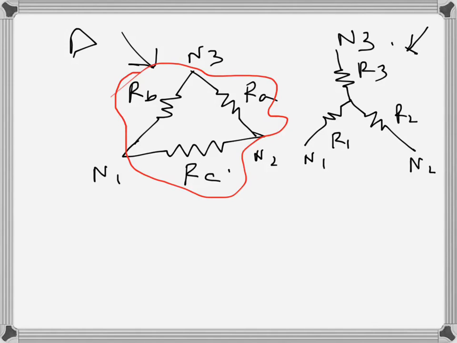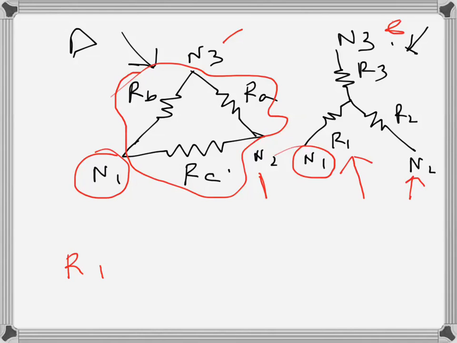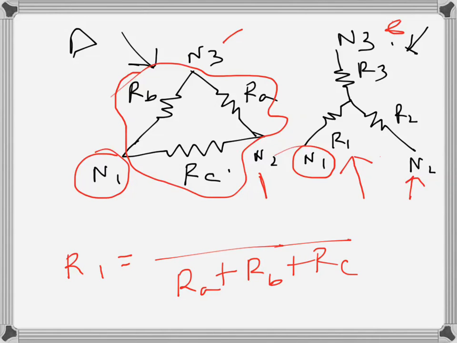There is a formula, and I will just write down the formula and how to memorize it. So this is N1, this is N1 for the equivalent Y, this is N2, this is N2 for equivalent Y, and N3 for equivalent Y. So R1 is the equivalent Y value, which is RA plus RB plus RC. So summation of the three delta values in the denominator,